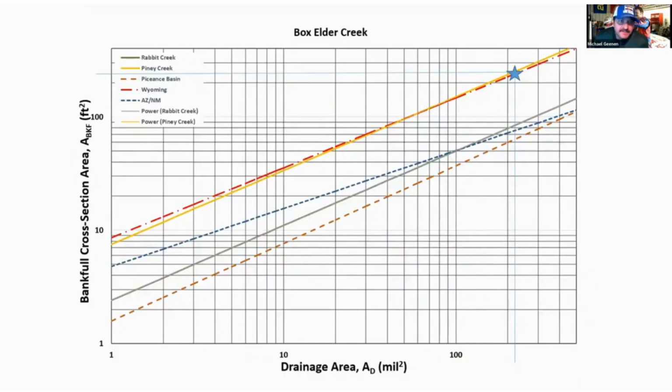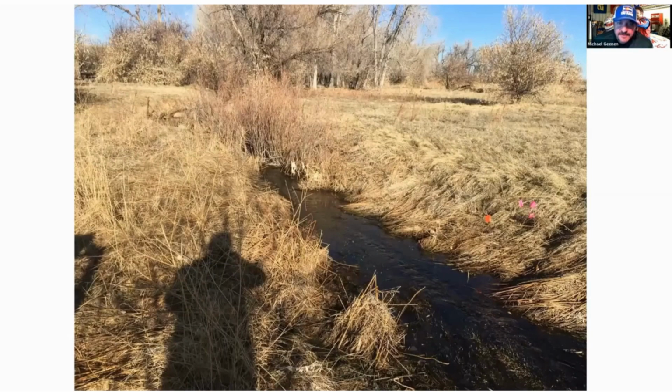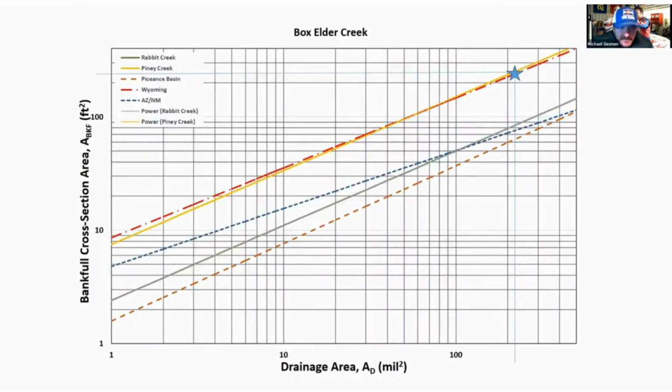So looking at some of the regional curves that we've had in the areas, so Piney Creek, it's in the Denver area, and then the Wyoming regional curve, just looking at what I would expect to see for something with a 236 square mile drainage area. I'd be looking at something with a cross-sectional area of greater than 100 square feet. And based on some of the photos, I'll go back, that doesn't look like it's going to be a 100 square foot channel. So this is a good example of why these mini regional curves are important too,